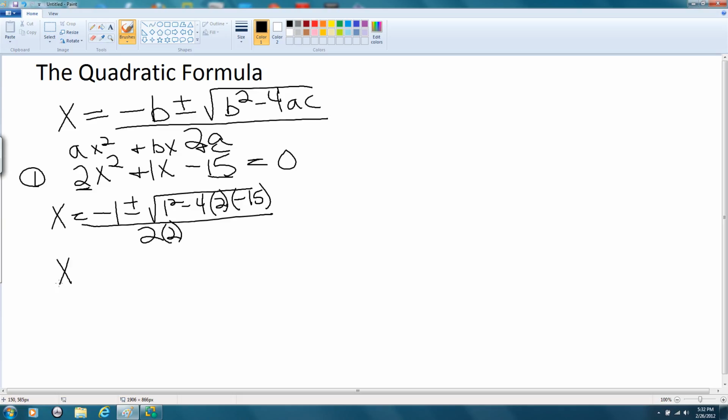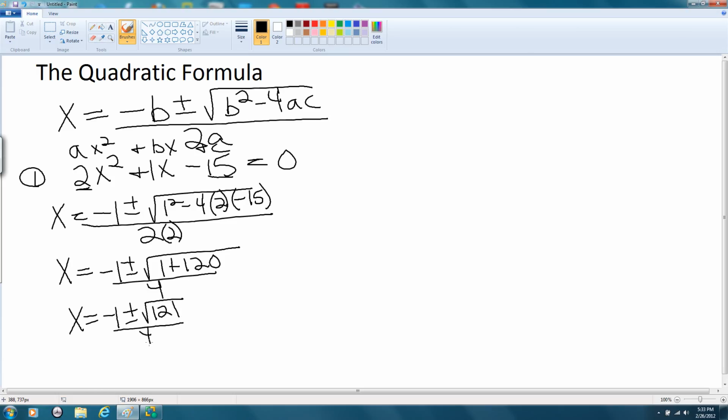We get x is equal to negative 1 plus or minus the square root of 1 minus 4 times 15, well, negative 4 times negative 15 would be 60 times 2 is 120, so plus 120, all over 2 times 2 here is 4. Or x is equal to negative 1 plus or minus the square root of 121, which you may recognize as